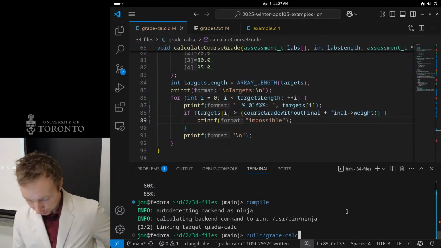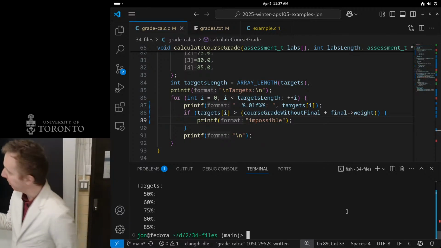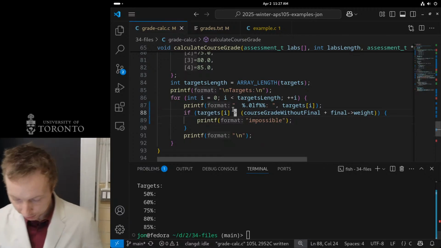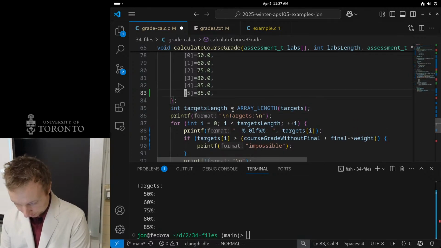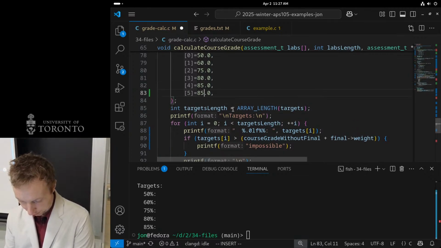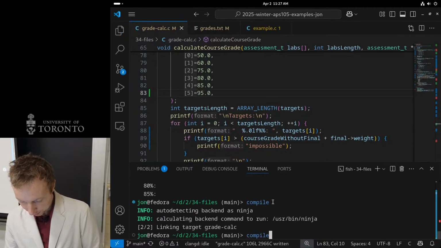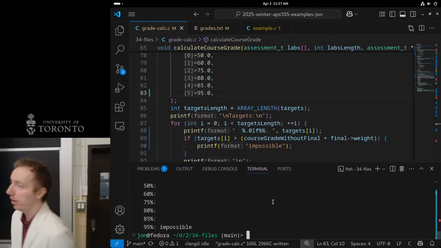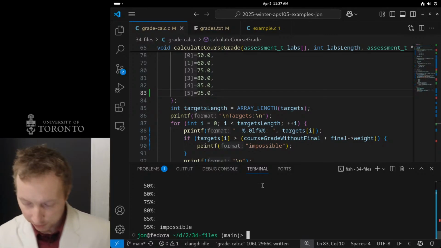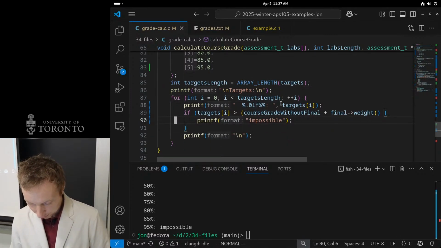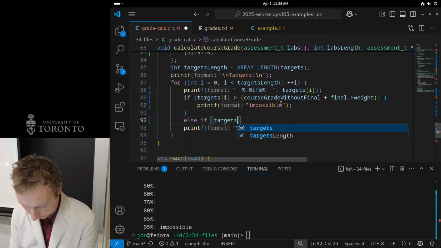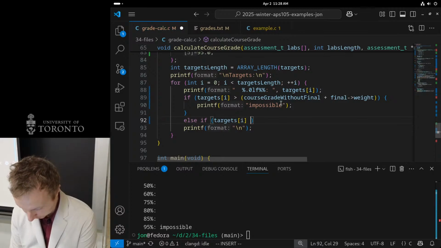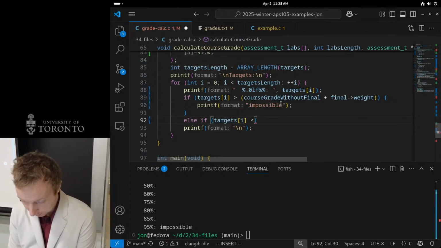So run this. Currently, nothing is impossible. But if I do something, let's say we increase it to 95 just to test it, we should see that our 95 target is now impossible. So good, that works. And the other case is